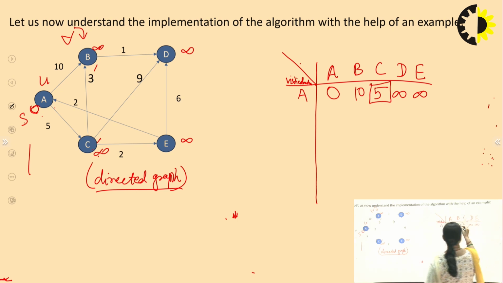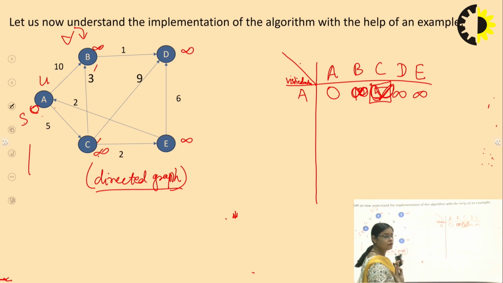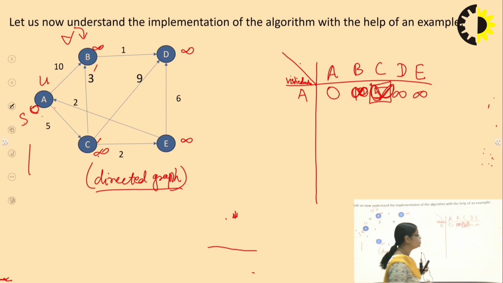See, this should be infinity, right? And this should also be infinity, because I missed one step, so I am writing it again. From A to B, it is infinity. From A to C, it is infinity. And we are starting the vertices from A, so it is 0. That will be the same. Now, when we are visiting A, it will come to our second part, that is, this is a minimum.